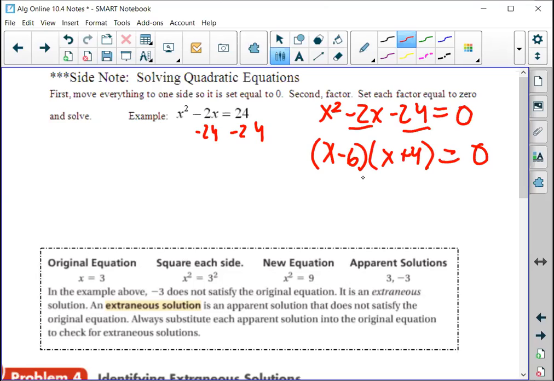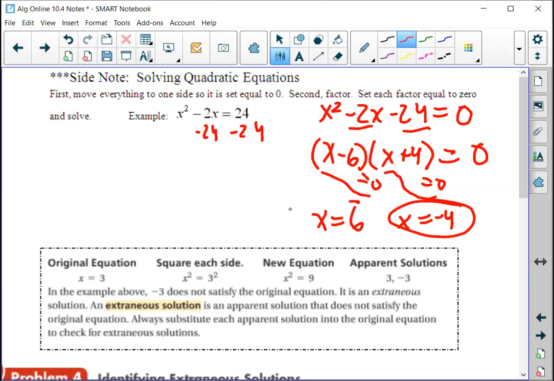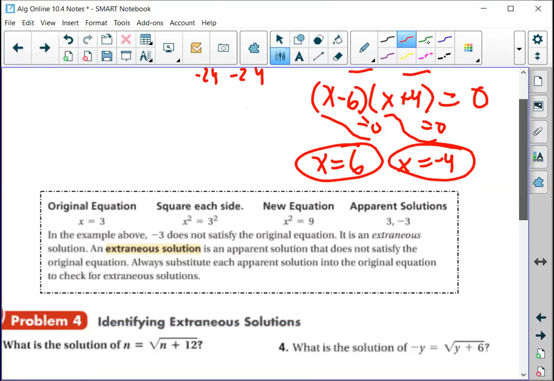But remember, whenever we're solving, we need to set each of those equal to 0. So whenever we have x minus 6 equals 0, that means x equals a positive 6. And then for the second part, whenever we have x plus 4 equals 0, that means x equals negative 4. So that's a complete review from a couple of lessons ago, or last chapter actually, that we're now going to incorporate. But before we start to look at those types of problems, I want to talk about something that we